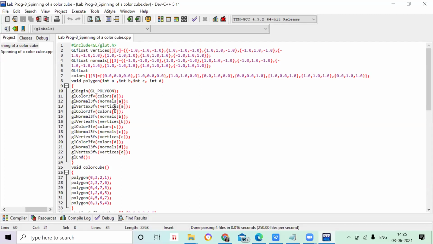Then why I have used this color also, you can understand that if you want to give some particular color to your vertex point, before that vertex point you can use this color 3fv, and you can give color a, color b, color c and color d. Okay, so that I have used.